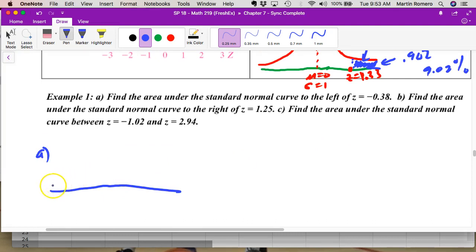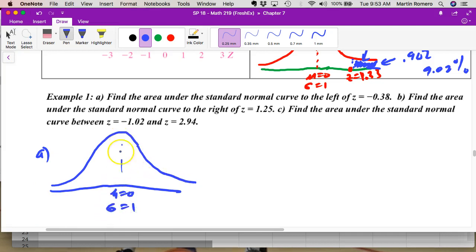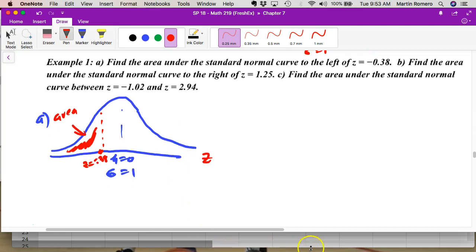you go ahead and draw a standard normal curve. Mean is 0. Standard deviation is 1. This is the z axis. Negative 0.38 is somewhere here. And so what we're looking for is this area right there. Find the area to the left. And so the answer for A, we're going to go to